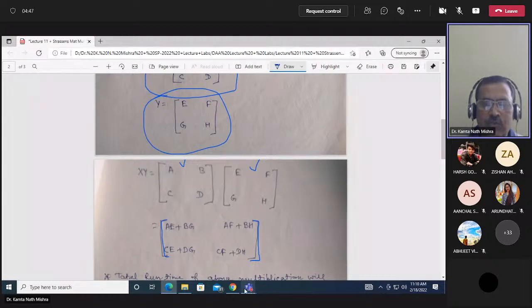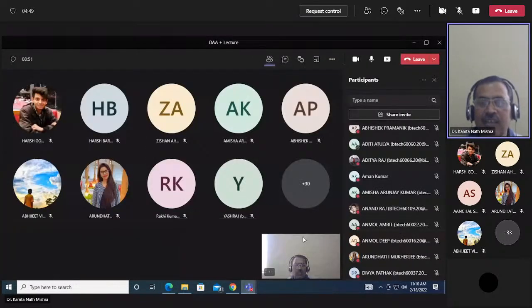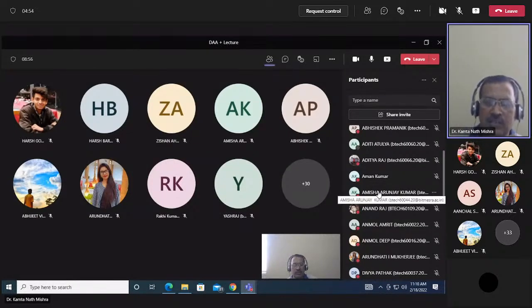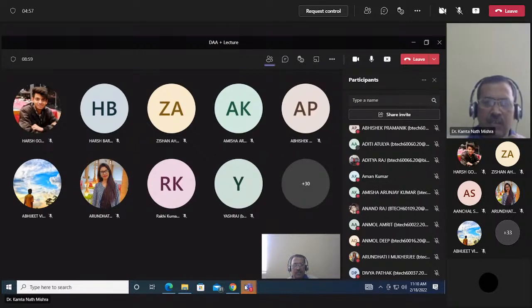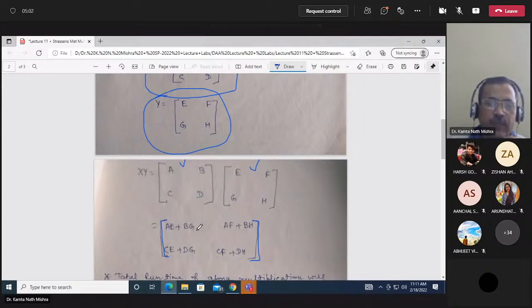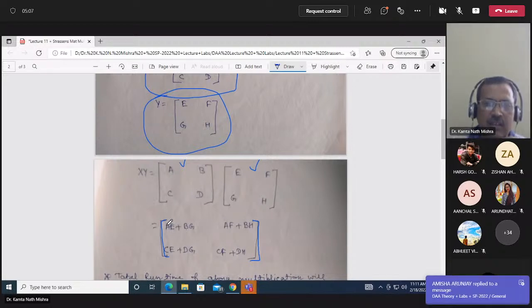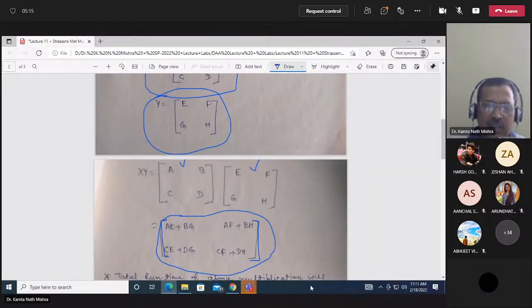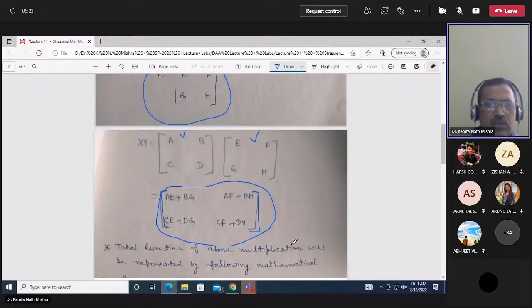Anand Raj, how many multiplications are there in this? Sir, 8. And how many additions? 8 multiplications and 4 additions, sir. So this is the case